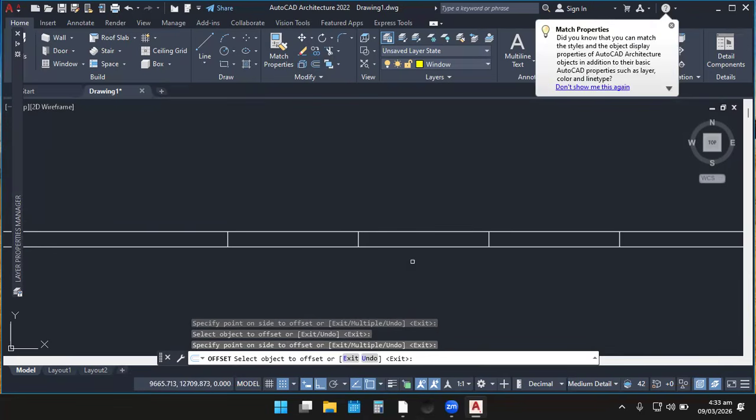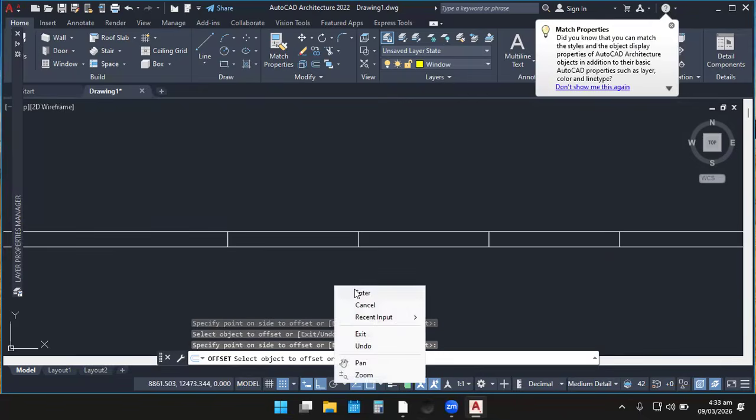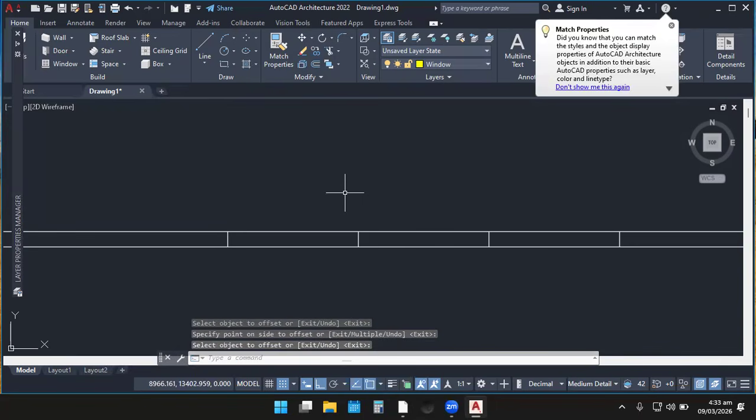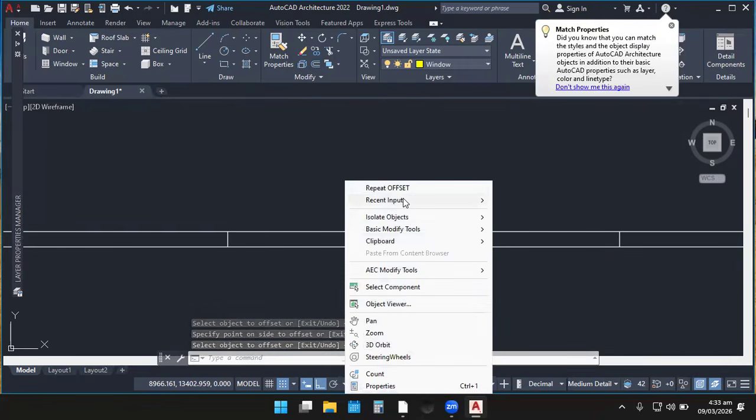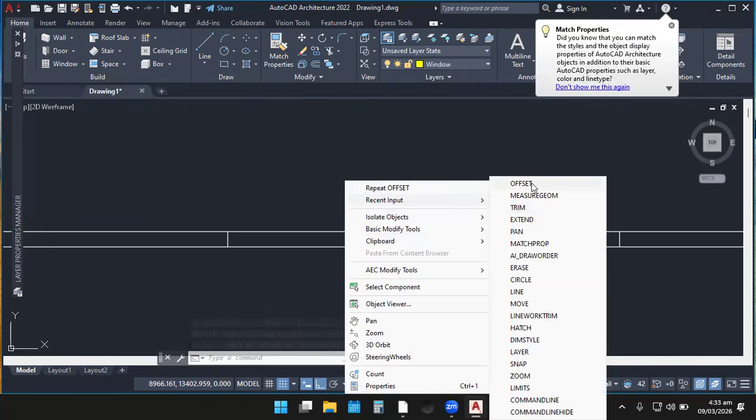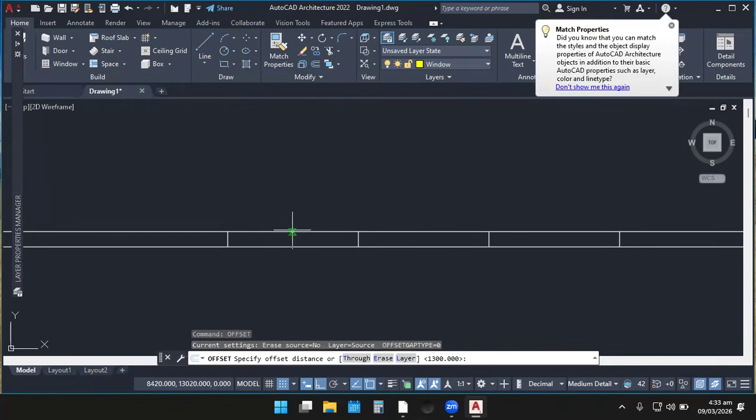So now we can enter the thickness of our wood. Let's remove this command. You can still right click and go to Recent Input and select the offset from here. I want to offset 50/50 for the wood. So first of all, let's do end to end 50 for this wood.